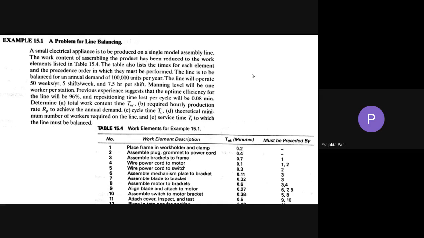After you do that, you have to draw a precedence diagram. Precedence diagram has to be drawn here. So in the largest candidate rule method, the work elements are arranged in descending order according to their TEK values.